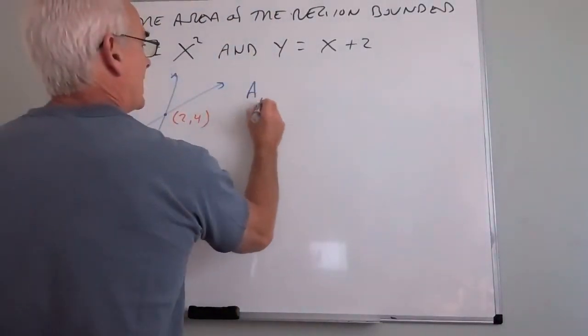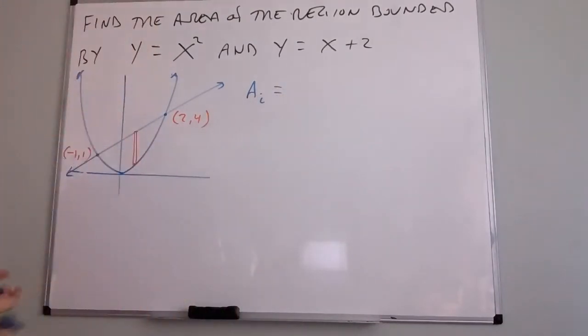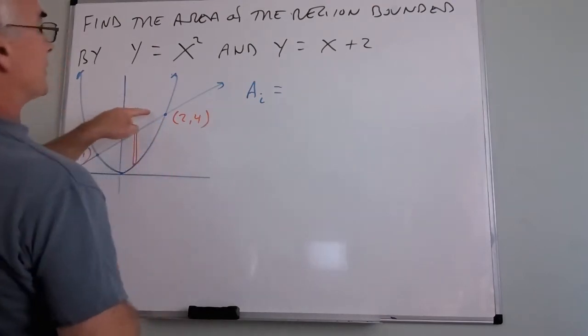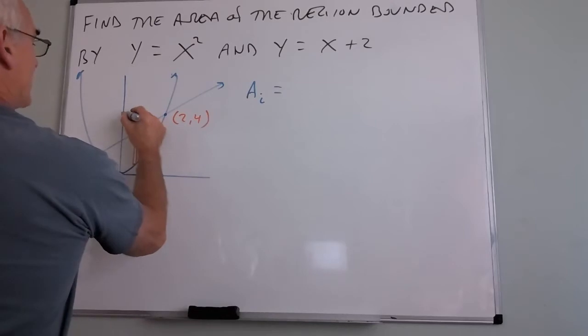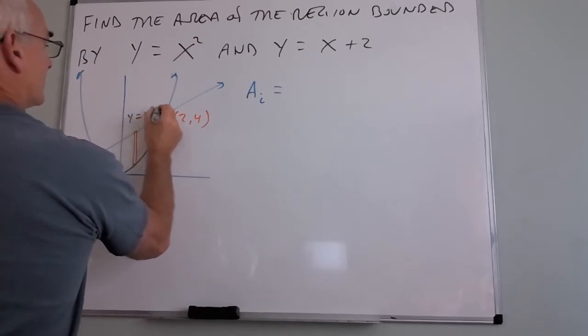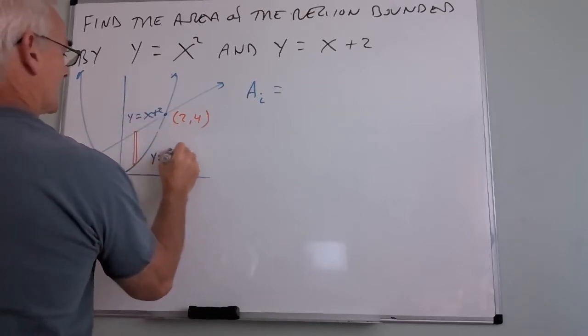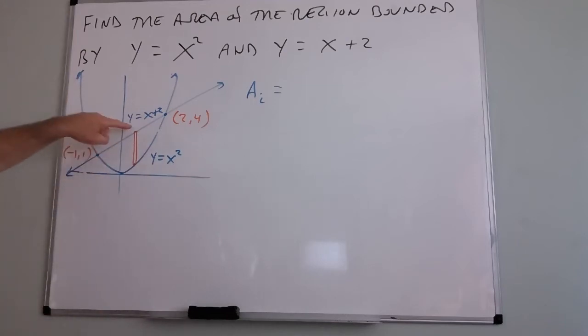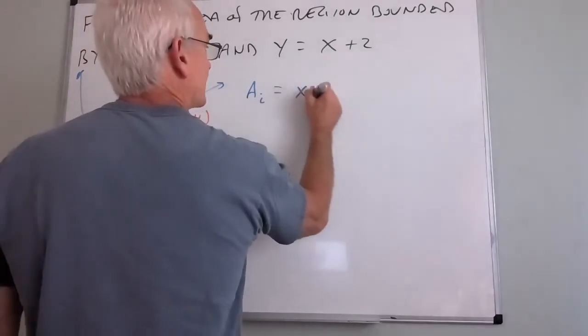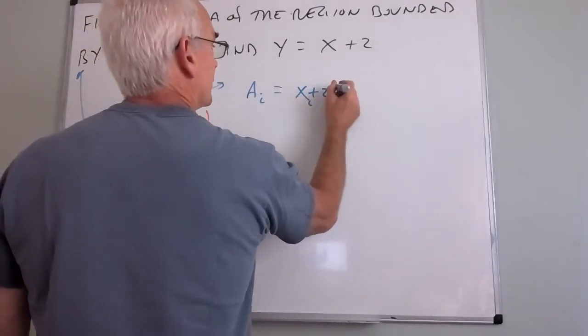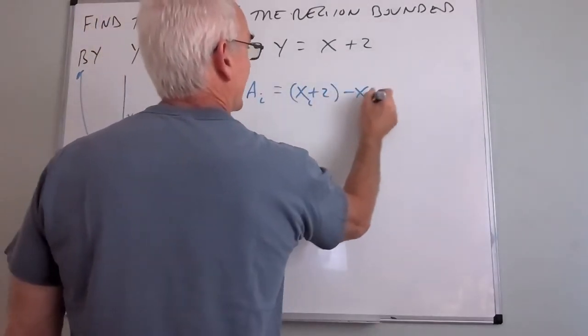The area of my ith slice, and by the way, I've been doing this for a long time, and I do this every time. I don't ever have a problem where I don't do this first. Now, this is the line. So maybe you want to write it down, I don't know. And this is the parabola, just so I don't get them mixed up. Right now, the upper is the line, the lower is the parabola. So I'm going to subtract xi plus 2 minus xi squared,